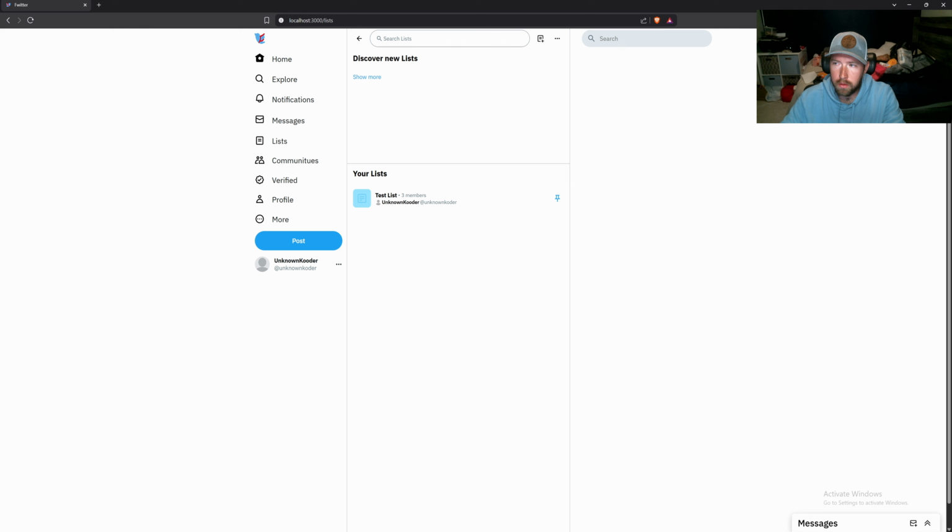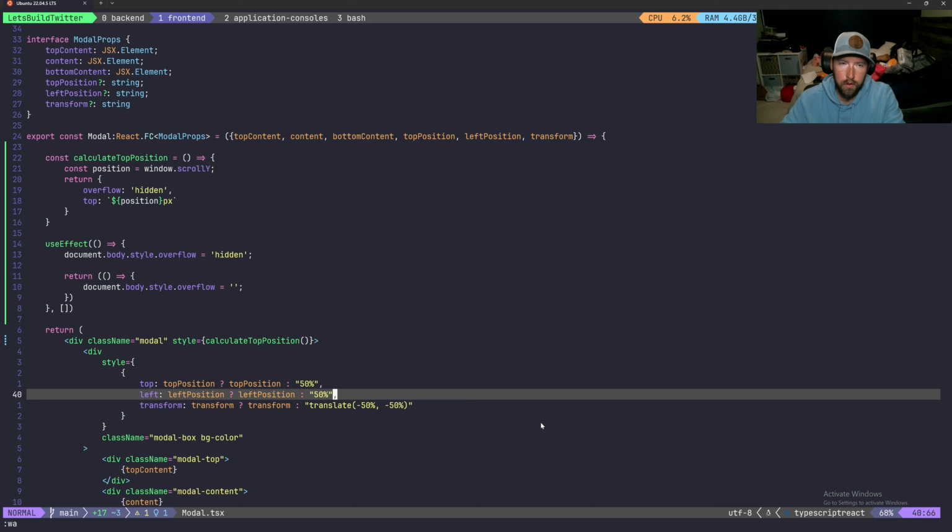So we need to go ahead and make a few changes before we deal with that. And then we can go ahead and get this guy opening. So let's hop back into the code. And the first thing we need to do, since this is going to be a modal, is hop into our modal slice, and let's add the new properties